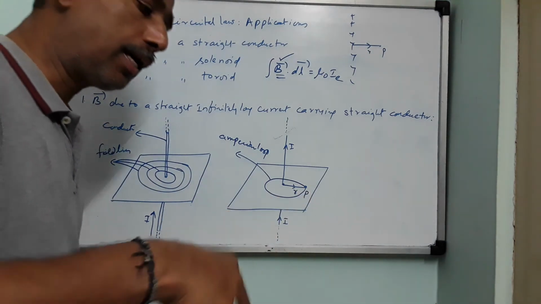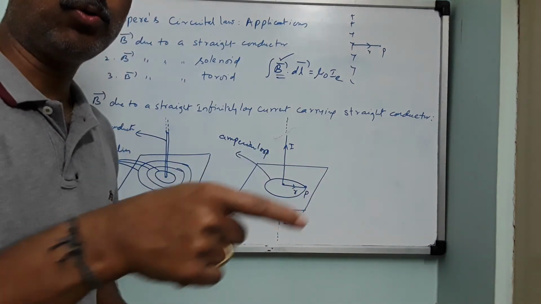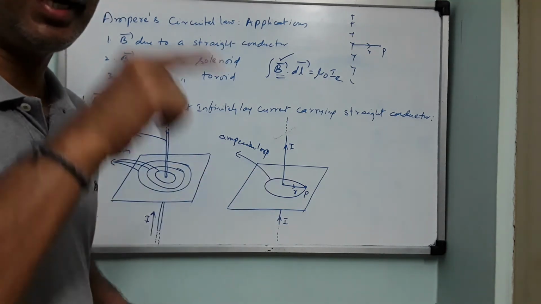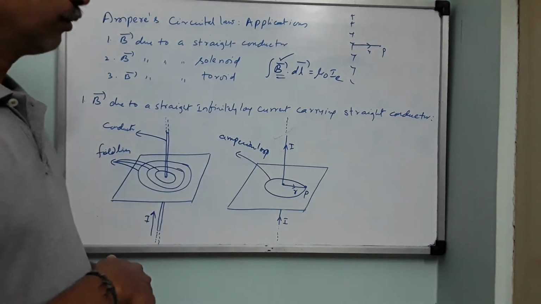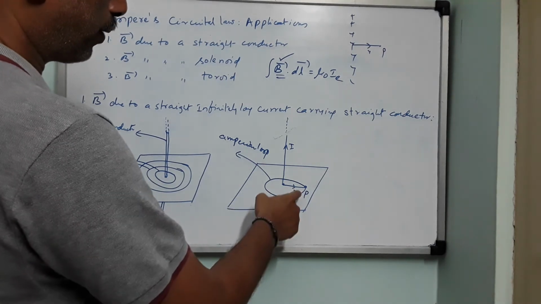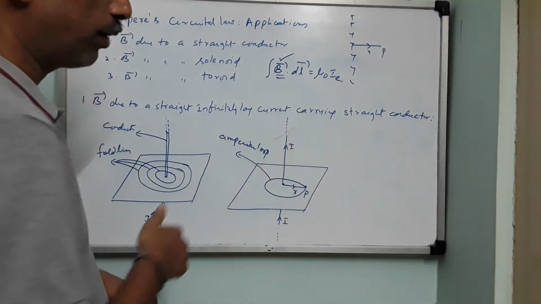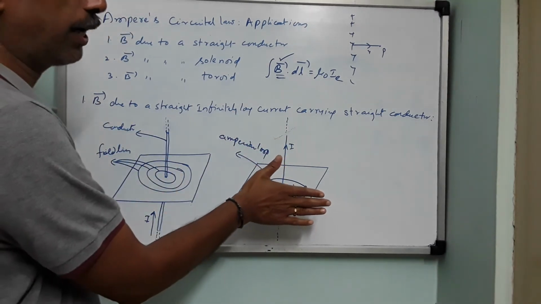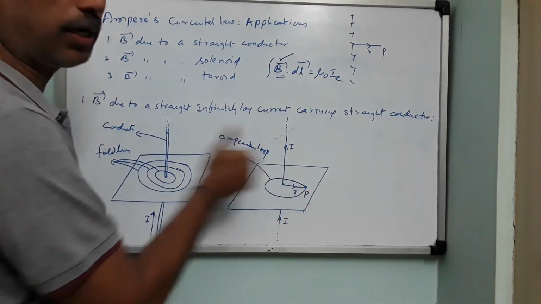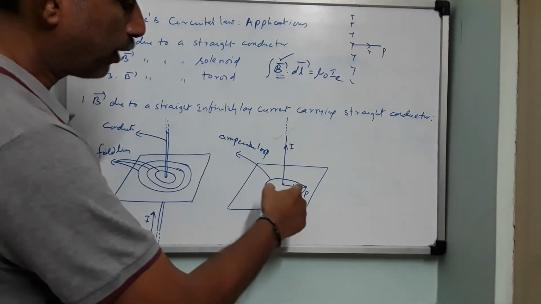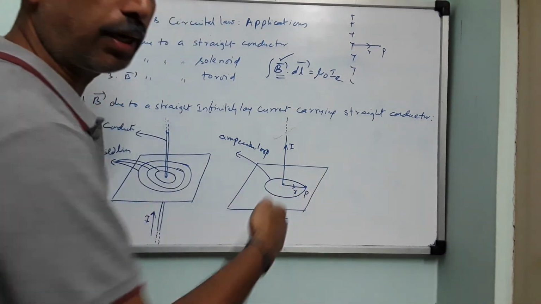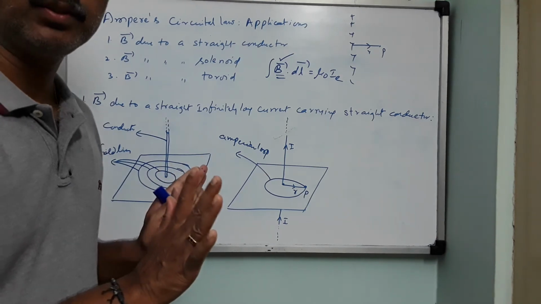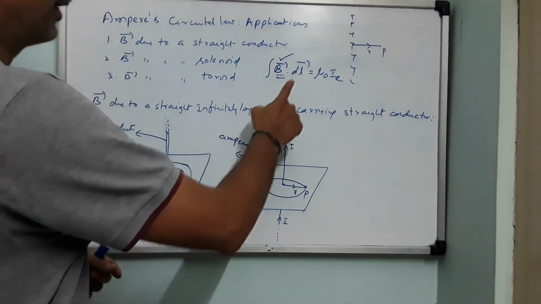So on the curved symmetry, to know the direction of magnetic field at a given point P, you need to draw a tangent to that curve. If I draw a tangent to this curve at point P, that will obviously be going inside. Why inside, sir? Why not outside? Because I am using the right hand thumb rule, so it should go inside only. So at point P, the magnetic field is going inside. How much, sir? I do not know. That's what I am going to calculate. Clear?